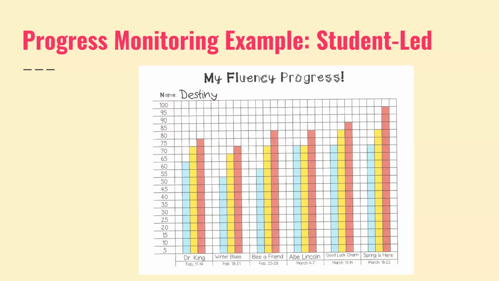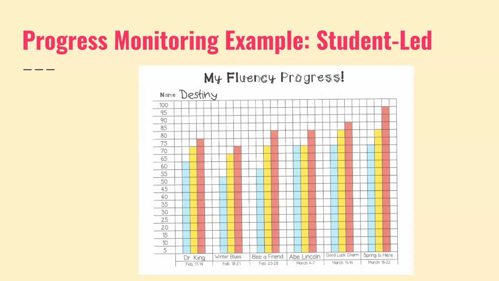and celebrate their successes. In this example, you can see that the student has been charting their reading fluency progress on different reading passages over several weeks' time. Again, you can see that this is an efficient and effective way to progress monitor because on the same sheet, there have been several passages listed across the bottom. It covers several weeks from February until March, and it does allow the student to have 3 tries on each